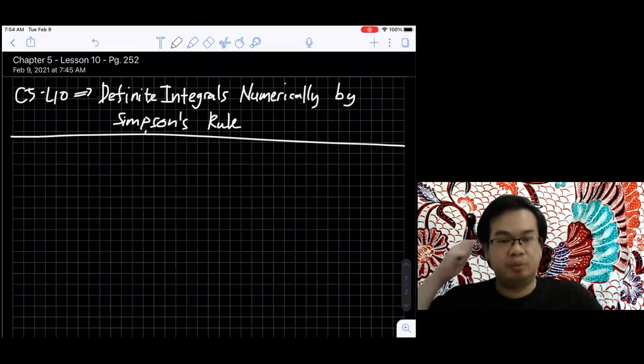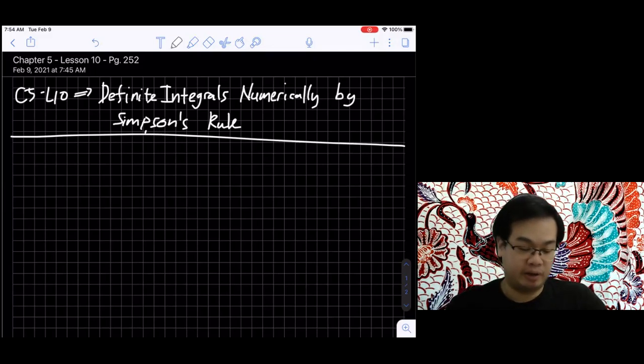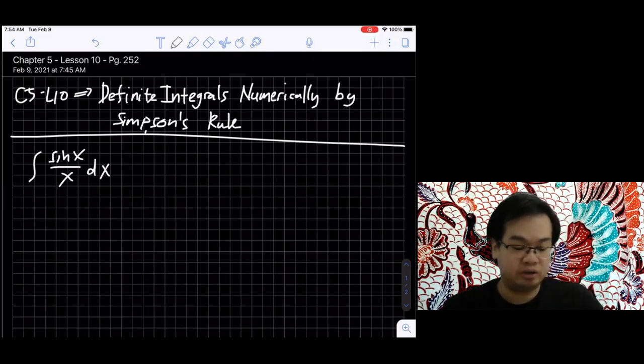Now, why is it really important for you to be able to approximate the value of definite integrals by this method, even though you have learned the fundamental theorem of calculus, is because not every expression can be integrated. For example, if I have the integral of sine x over x dx, from example 1 in your book, then actually this expression, sine x over x, right now you cannot integrate it. So that's why it is still important for you to know how to approximate